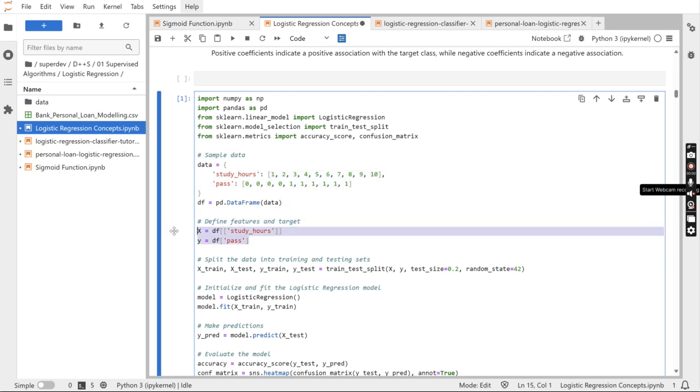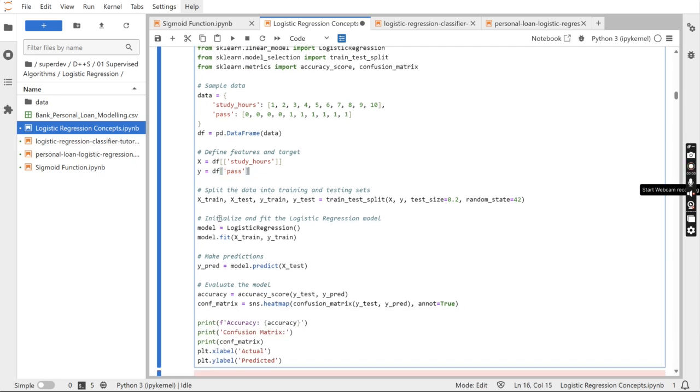So here x becomes study hours, y becomes just the y value, which is an array. When you do the splitting, I'm just taking 80% of the data for training and 20% for the test set, and when you fit the model here,